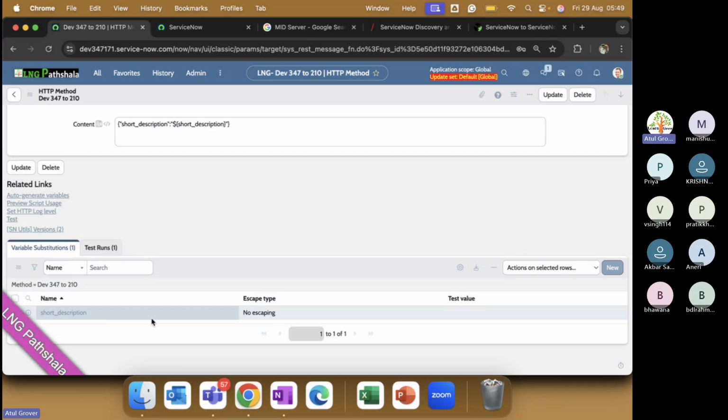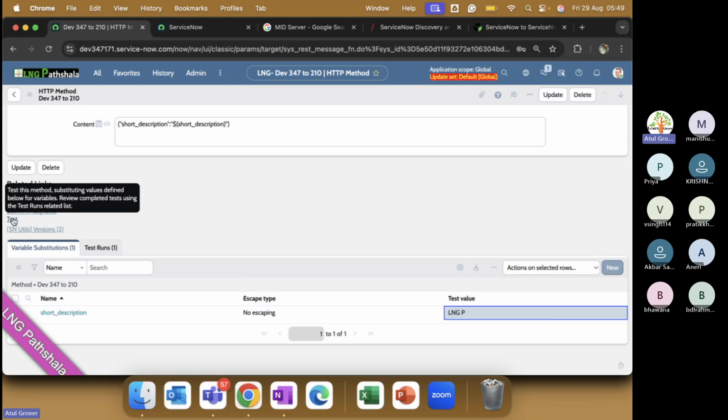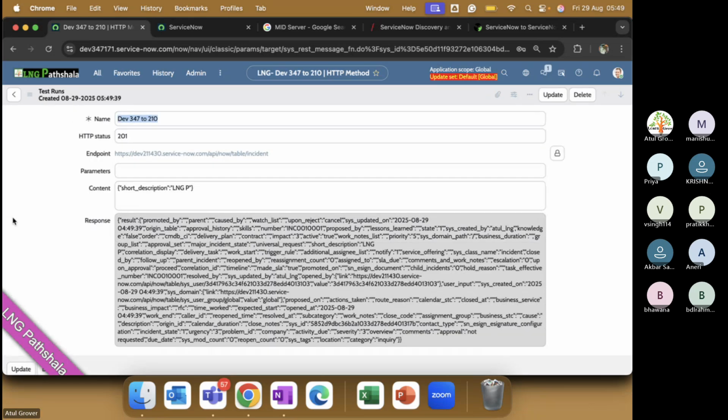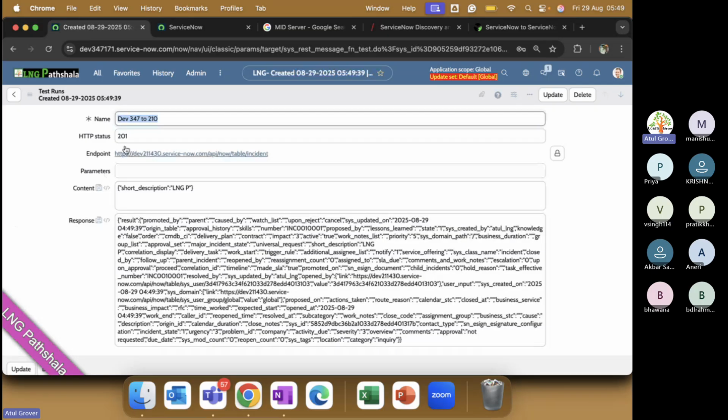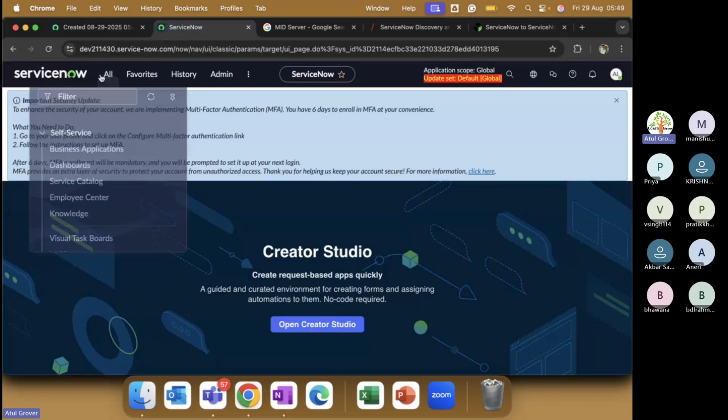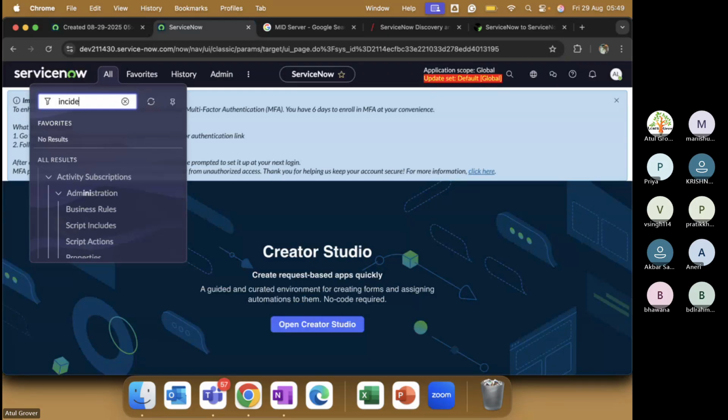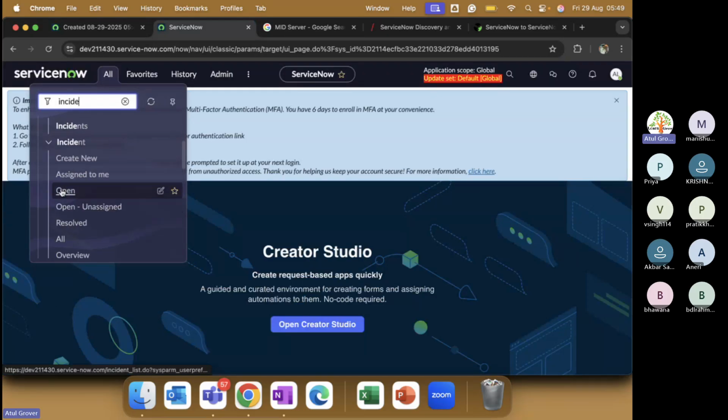And now I will test it. Put the test value lng p. Save and test. Port 201. Now let's go to this instance. Incident, open,